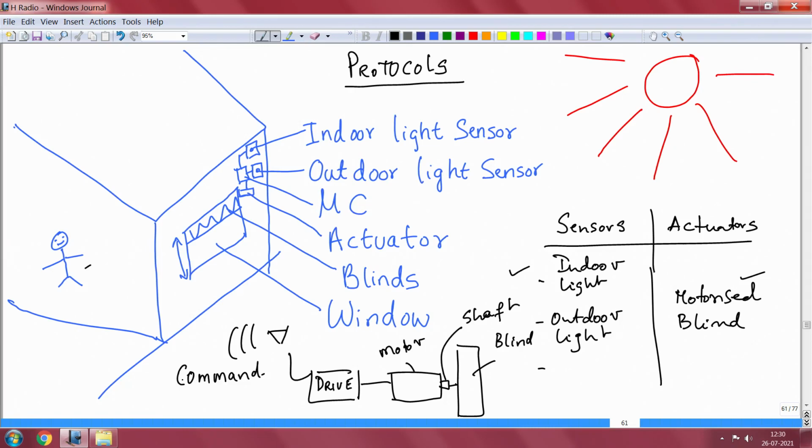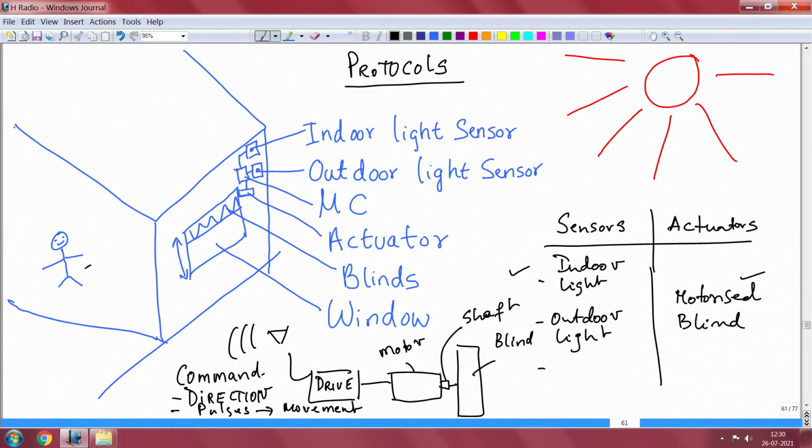The command is such that what all will it give? It will give the direction and pulses sufficient for movement. Great, that is all you need to do, folks.